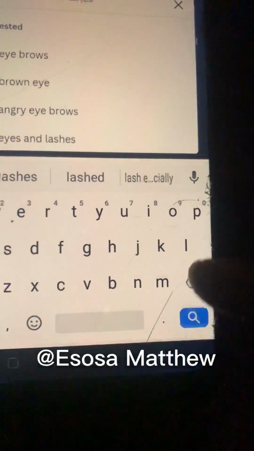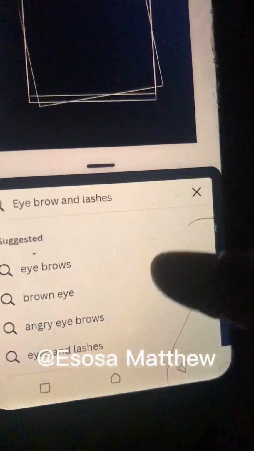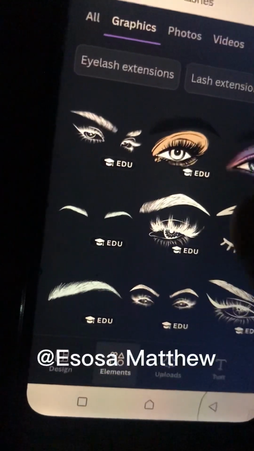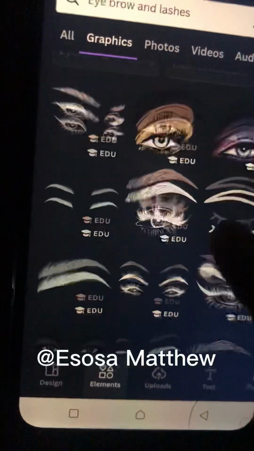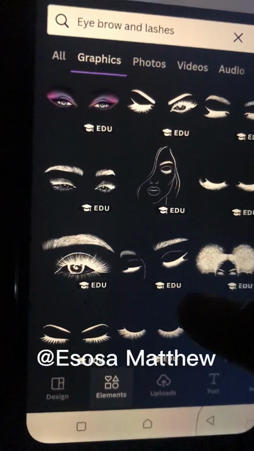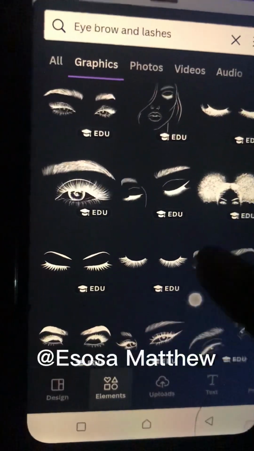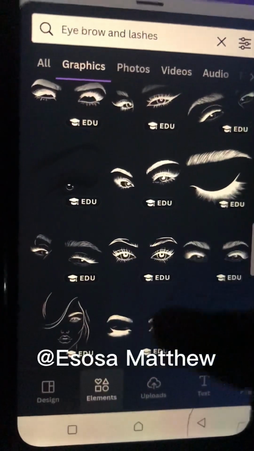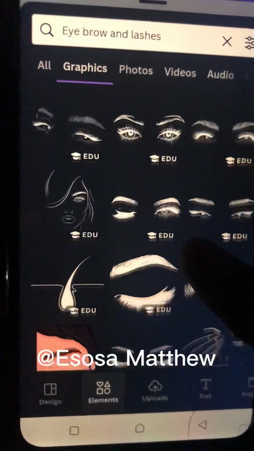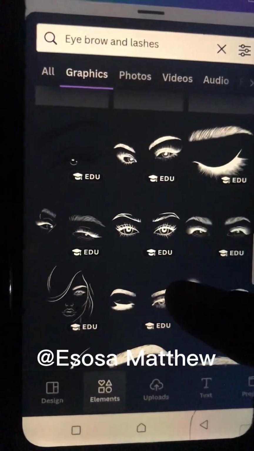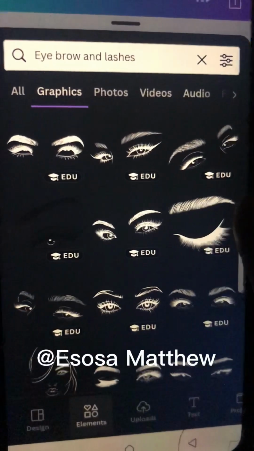As I'm making this video and as you're watching these lessons, you should take note of some keywords that you can search in order to get specific elements to use during your design. All right, so these are my search results, and these are different types of eyebrow and lashes graphics that we have on Canva elements. I'm going to look for one that is suitable for me, and like I told you before, when you are designing, you have to have an idea in your head of what you want to come out. So in my imagination and according to the logo I created before, I already have an idea of what I would like to see